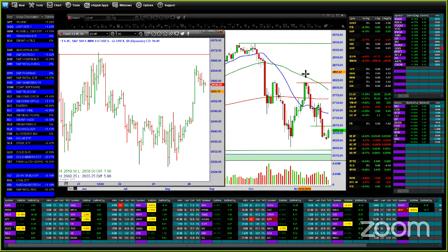If it rips higher like this, the put spread income is going to look like crumbs compared to this move, if that's what happens here. But notice this move down and this move down are very different. You should be able to see the difference, or it should pop out at you. Whereas this move down was a vertical move down. And while there's some tails, if you look at the candle bodies, it was just a straight move to the